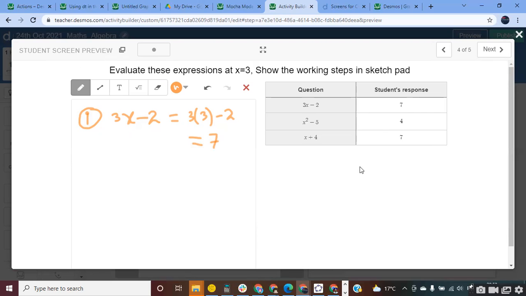Now, guys, this question has nothing to show to the teacher that student has done what, if you don't add sketchpad, right? Teacher will see individually. Teacher has to go to each student's screen to see these answers, 7, 4, 7 or not.